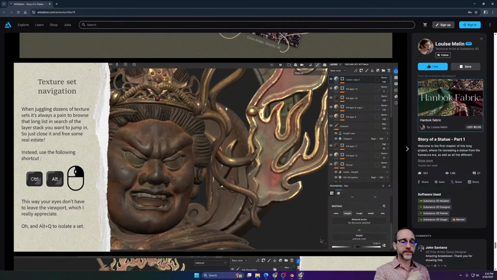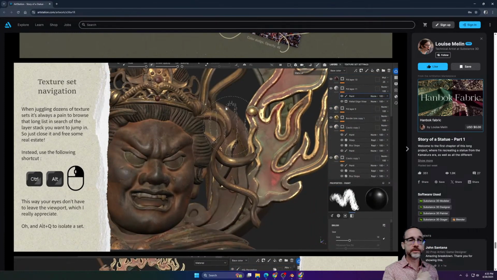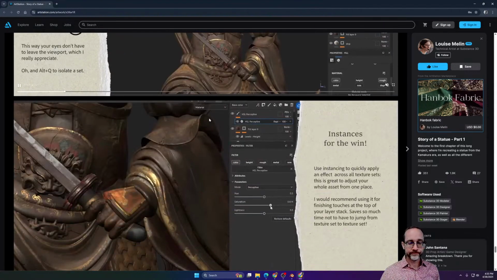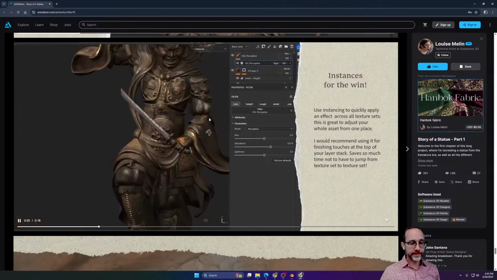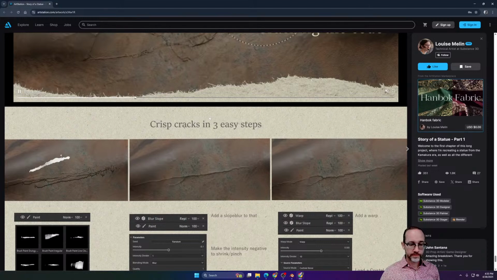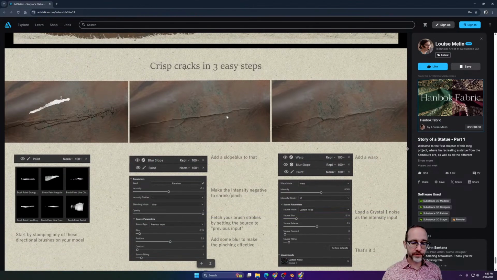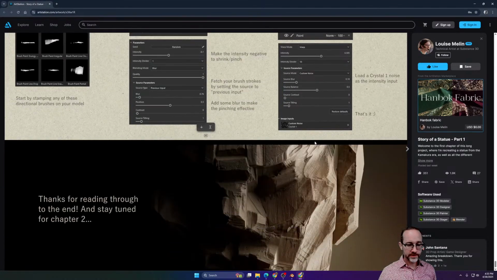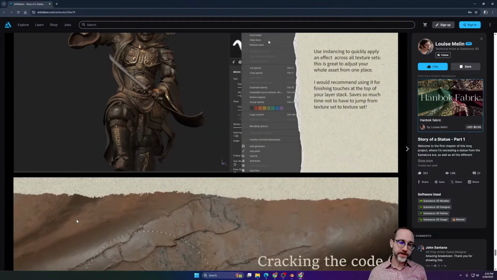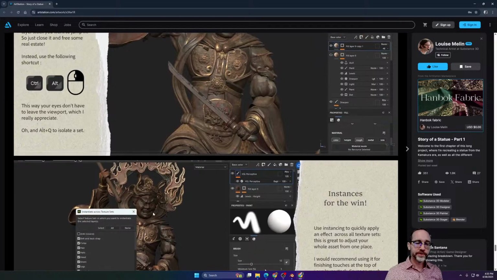We didn't use the VR mode, but yeah, you can use it in VR, which is cool. They're instancing some things. This is like a step-by-step on how they created the cracks in some of these textures. And that's just chapter 1, right? Clearly, this is professional level work, but